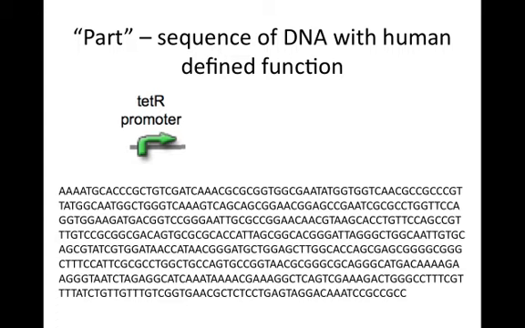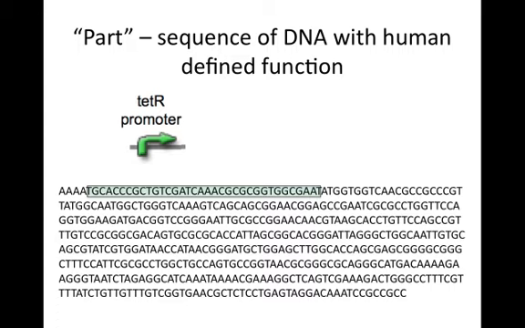And below that green arrow are a string of G's, A's, T's, and C's. And so the question becomes, how do we know which of those G's, A's, T's, and C's are responsible for encoding that part, the TET-R promoter part? You can ask an expert, you can do genomic sequencing and sequence comparisons between different organisms, you can study biochemistry, and there are answers to which pieces of DNA encode particular functions. And so here I've boxed arbitrarily some of the sequence to say this sequence is what will define the tetracycline